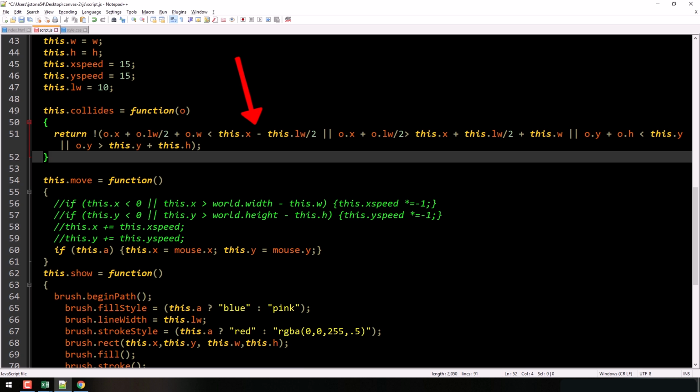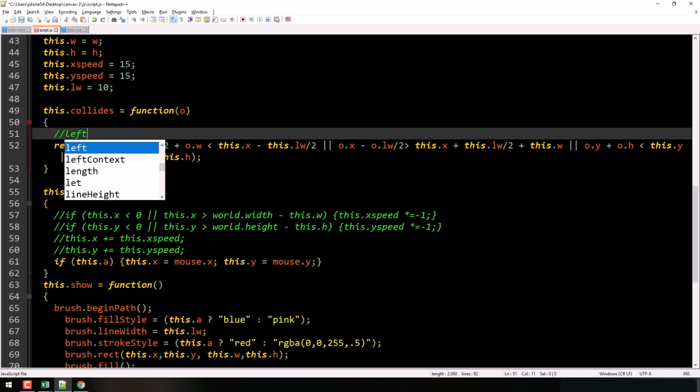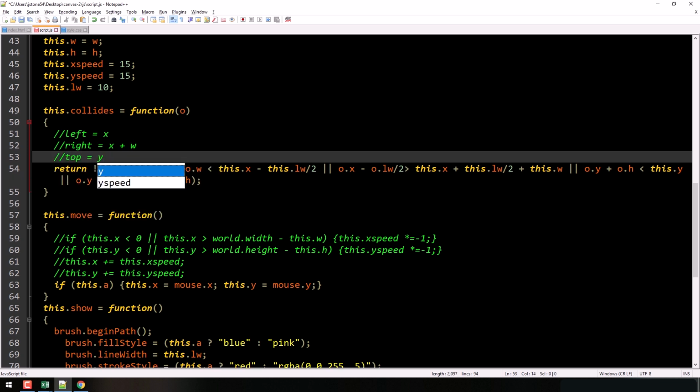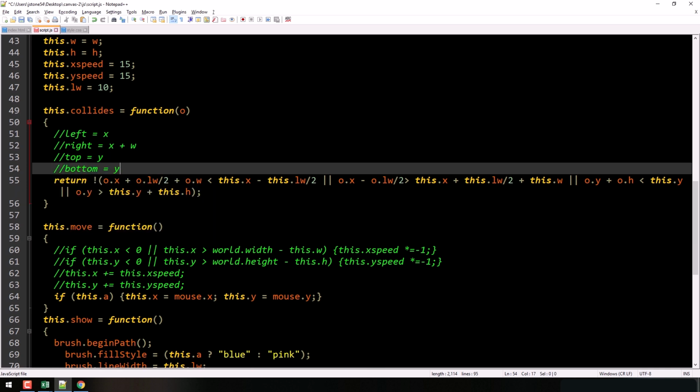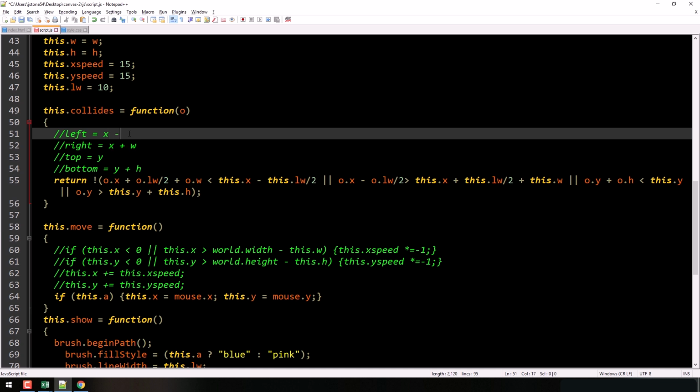And then here we're looking at just the left side again, which is because X is the left, right? If you remember our notes we had earlier, we had left equals X, and we had right equals X plus width, and we had top equals Y, and we had bottom equals Y plus height. So what's happening now, this is without a border. Well, when I'm adding a border, I need to subtract off the line width divided by 2, right? In other words, 5 pixels, because that's where we want to look at our collision.